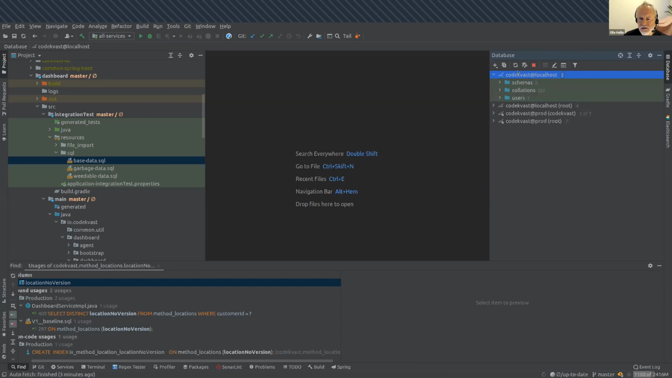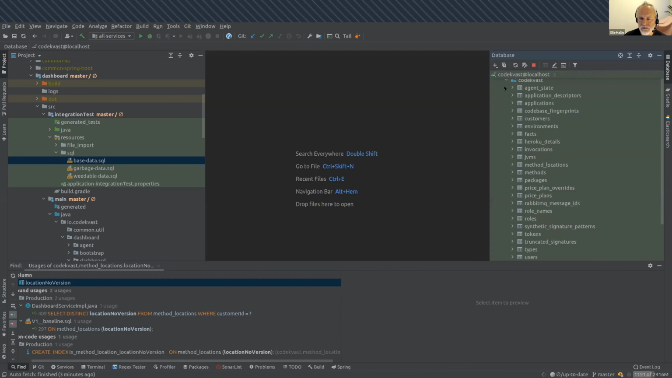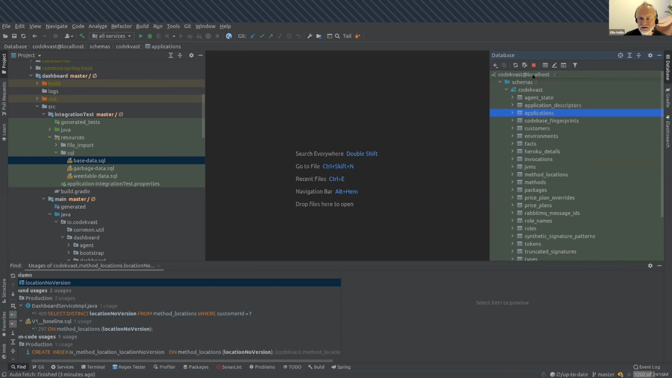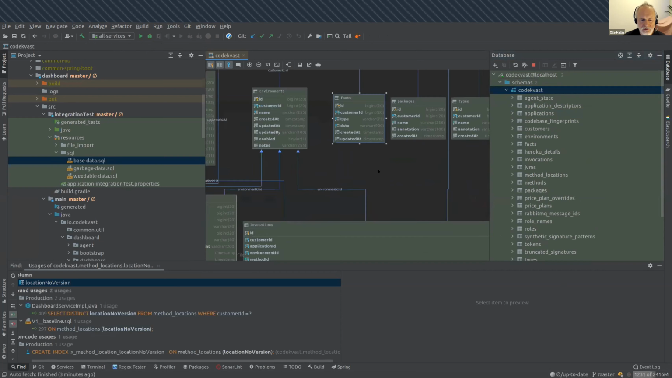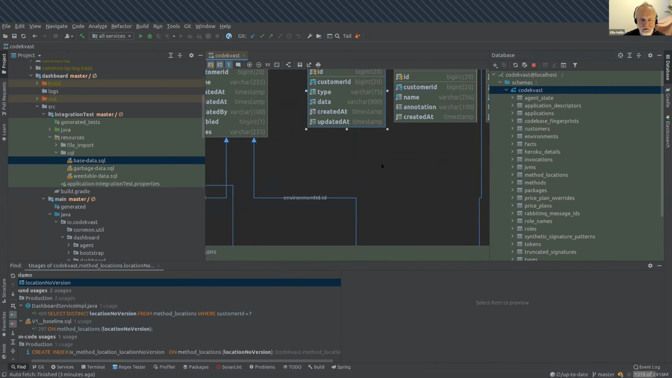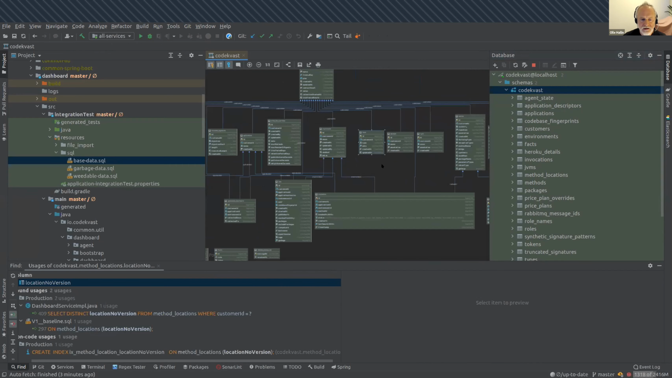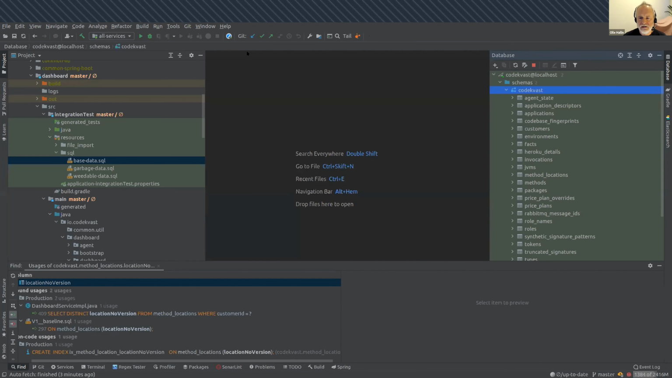I have this local database here on localhost. It's a MariaDB running in Docker. These are the tables. And as a newcomer to the project, you want to see what this is about. And I do a quick diagram. And okay, these are my tables. This is how they are related. Things like that. Really nice, especially in a microservice architecture where we have hundreds of services and